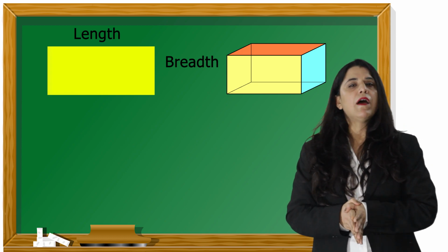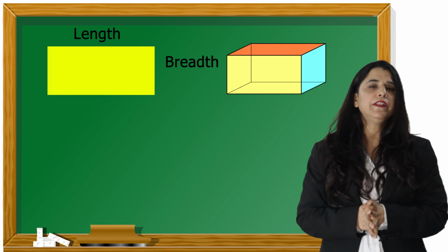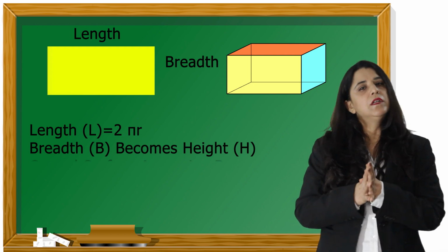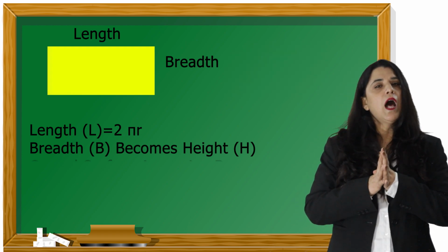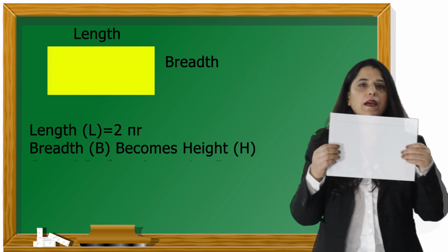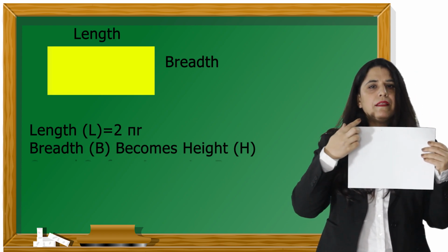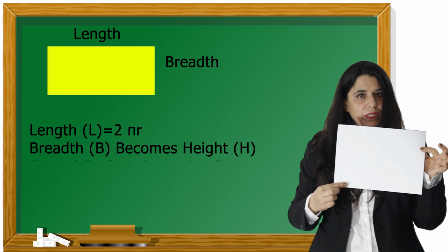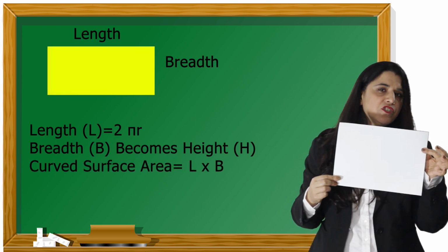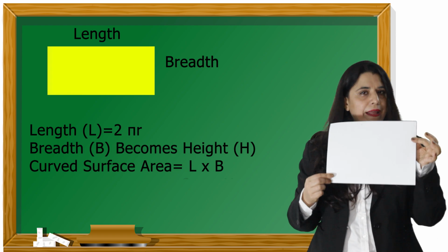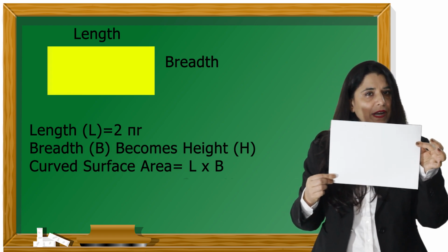Now today we'll deal with the topic cylinder, and especially solid cylinder here. Now, how is a cylinder formed? Take a rectangular sheet of paper. This is the length and this is the breadth. You all know this. And what will be the area of this sheet of paper? That is length multiplied by breadth, which is the area of a rectangle.